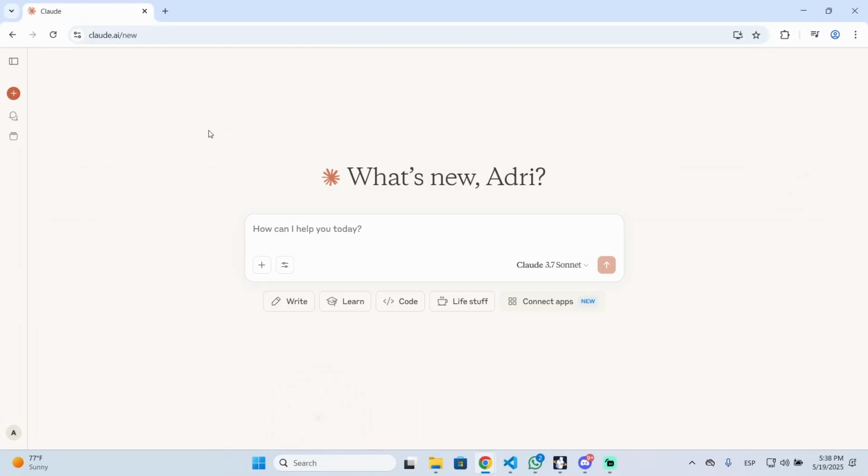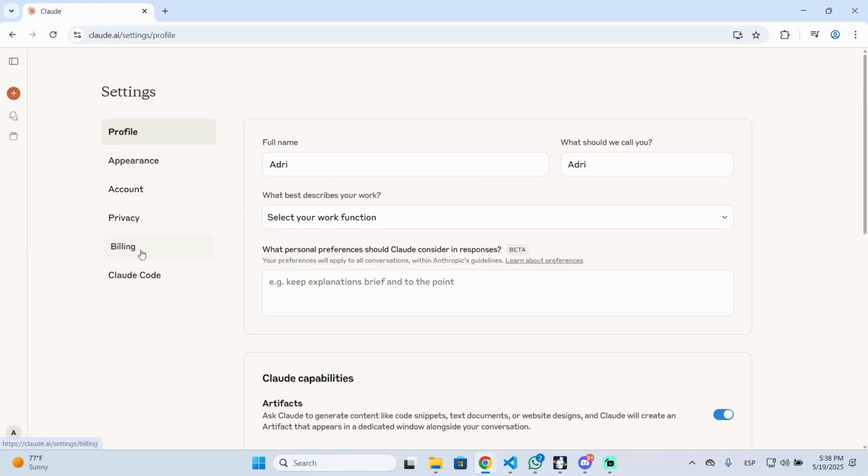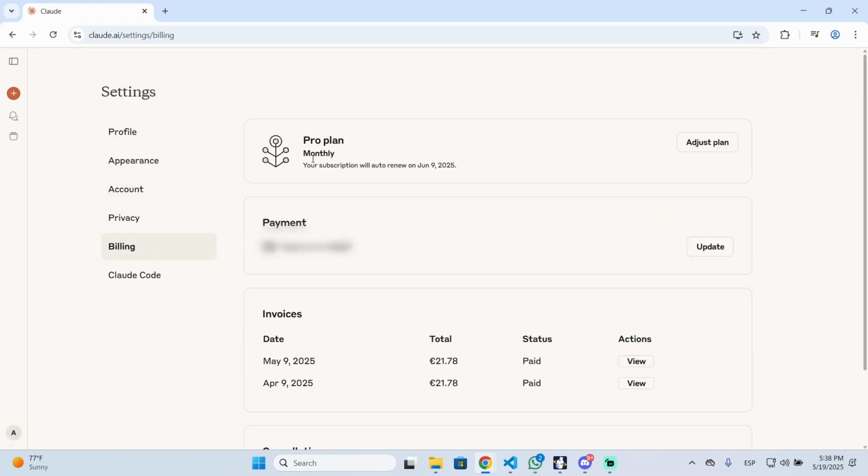This is very simple. All you need to do is go to Claude.ai and then log into your account if you haven't done that already. Now go to the bottom left of the screen and right here you will see your profile. So if you click on settings, you will see the billing option, click right there and you will see your